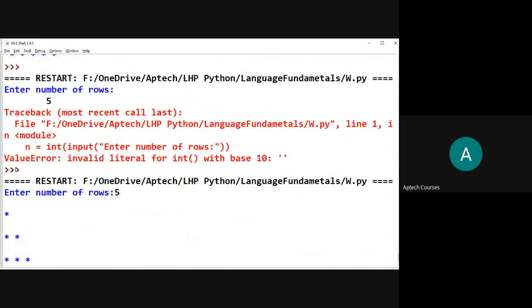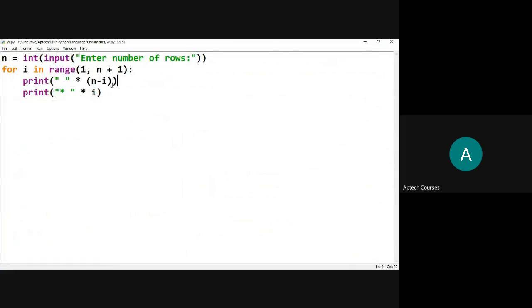Like this we are getting. We don't want this one. If I don't want that, at the end we are giving